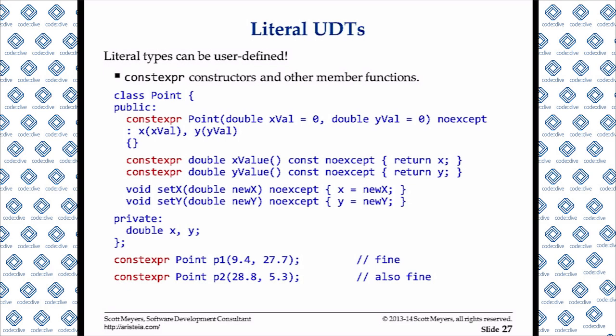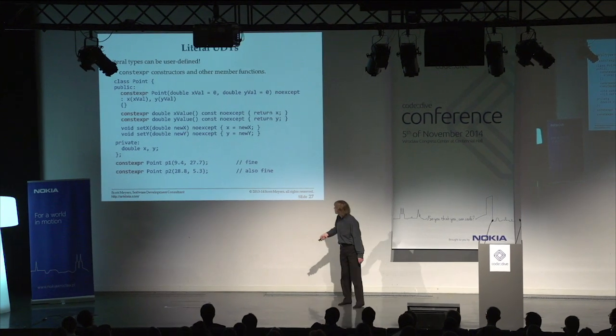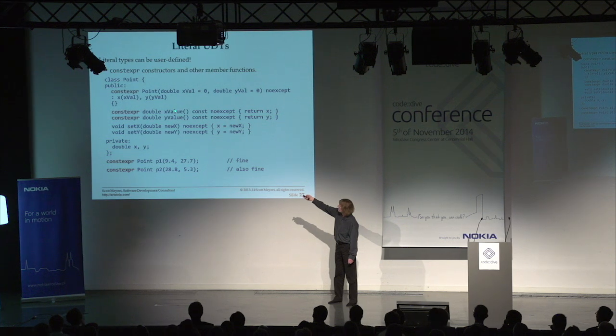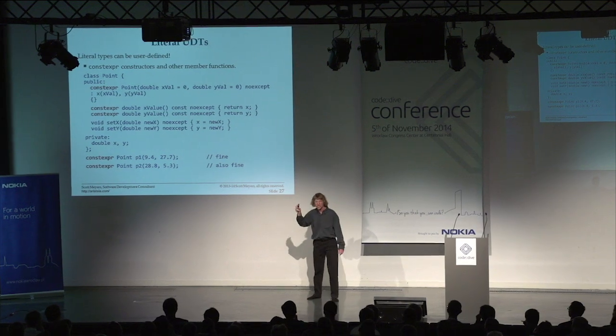we can have user-defined types that are of literal types. So, for example, I can have a class Point. Now, the Point has x and y. It's a two-dimensional point. Notice I have a constructor. The constructor is constexpr. This means I can construct Point objects whose value is known during compilation if their x and y values are known during compilation. And that means I can also have getters. So here's xValue and yValue. They're actually getters, which return the x value and the y value. They're also constexpr,